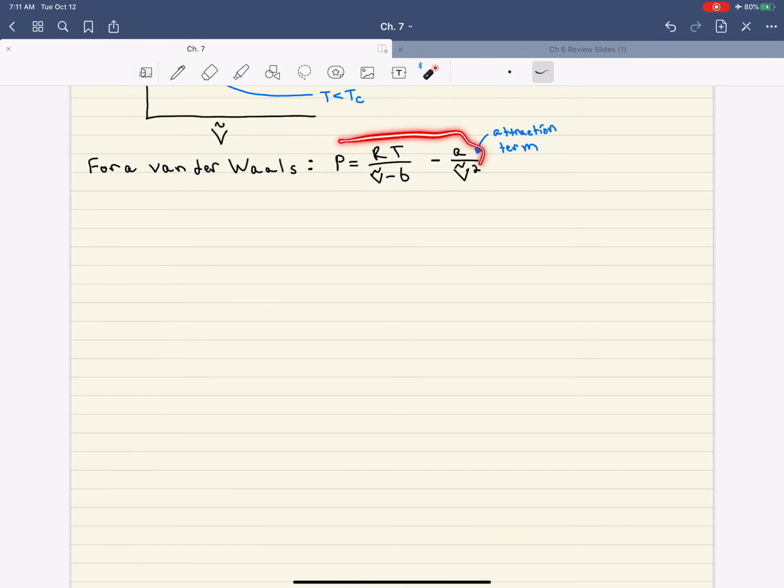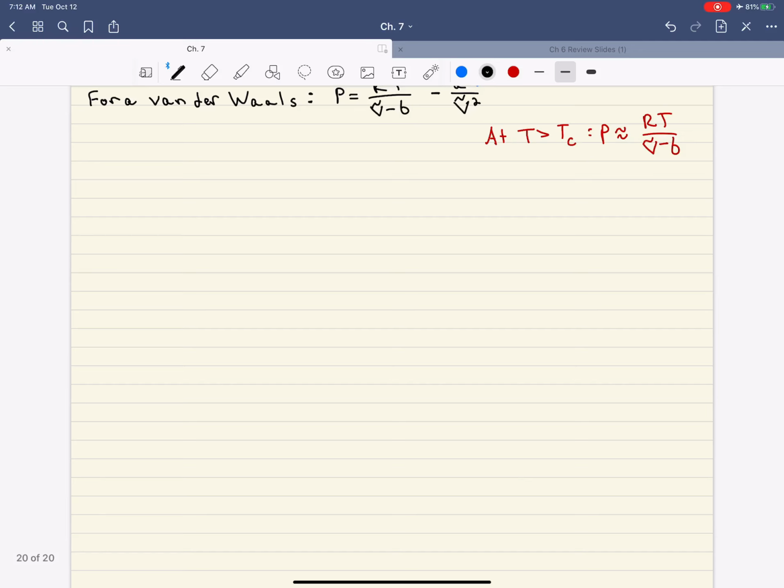And so with the van der Waals equation, if we're at a really, really high temperature, so let's say a temperature above Tc, this first term would dominate the equation. Okay? So at T much greater than, or above, Tc, the van der Waals can be approximated as RT over molar V minus B, right? And so in this case, we would expect to see that as we decrease volume, we would just see a continuous change in pressure. So if we plot it like this,